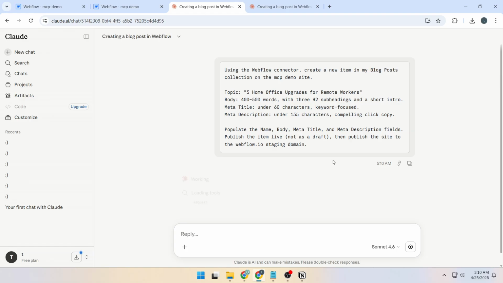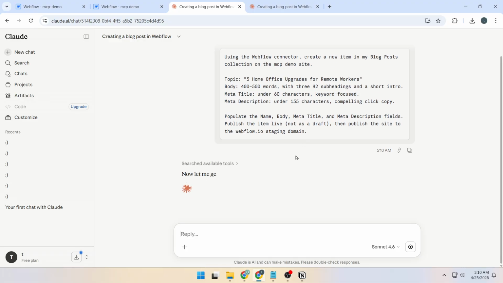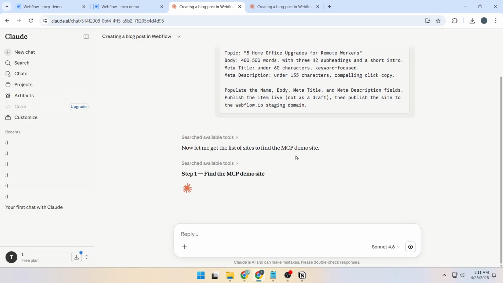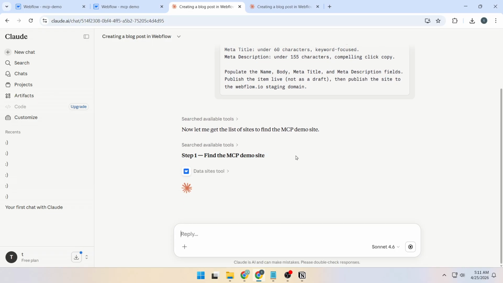Claude now starts working through the request. First, it drafts the blog post based on your prompt. Then it begins requesting permission to use the connected Webflow tools. When the Allow Tool prompt appears, click Allow. After that, a second permission prompt appears. Click Allow again. Claude continues processing the task, writes the content into the CMS item, applies the meta fields, and